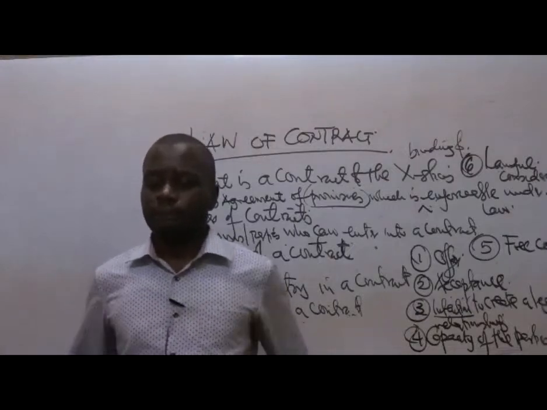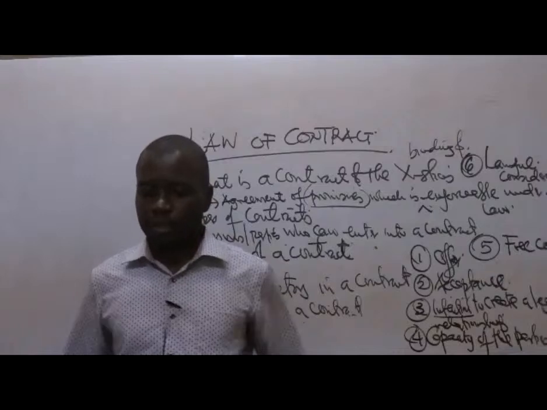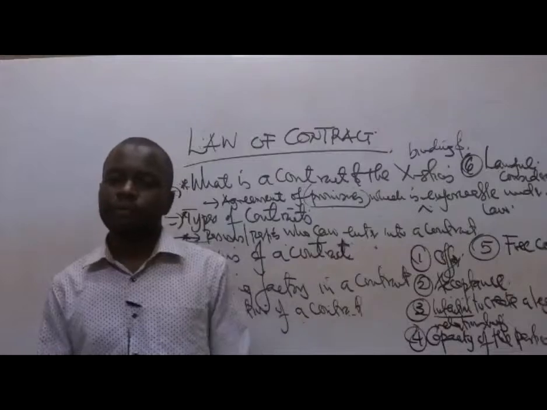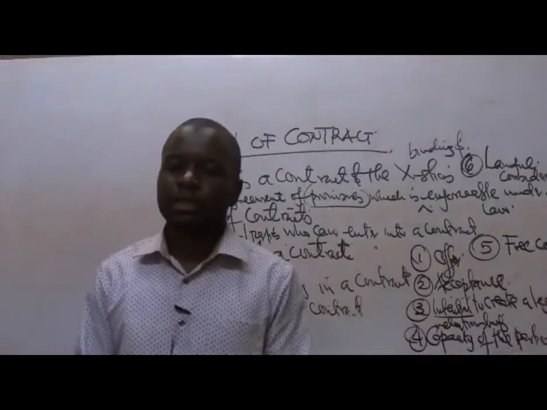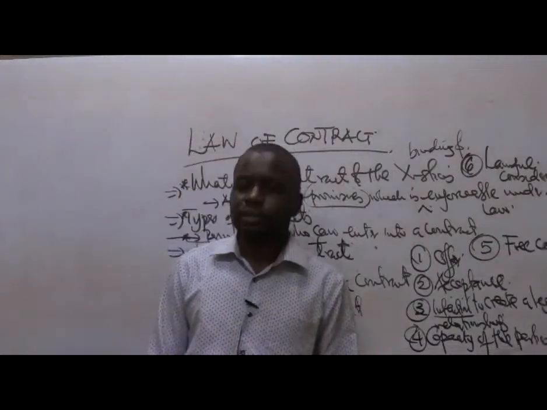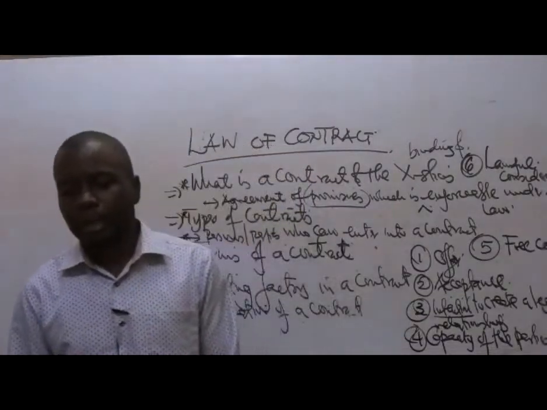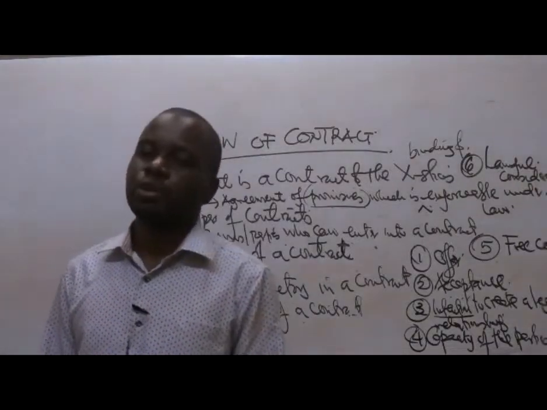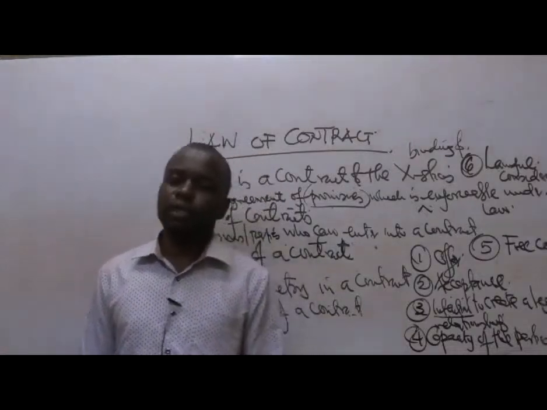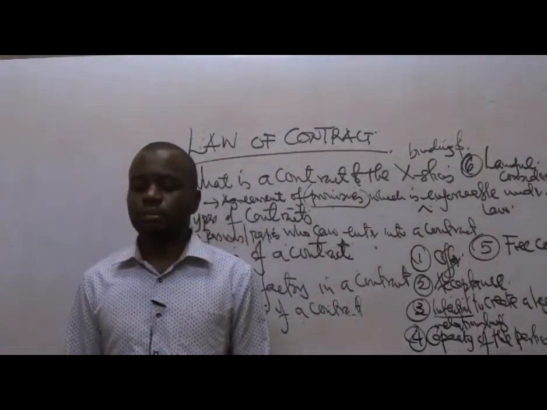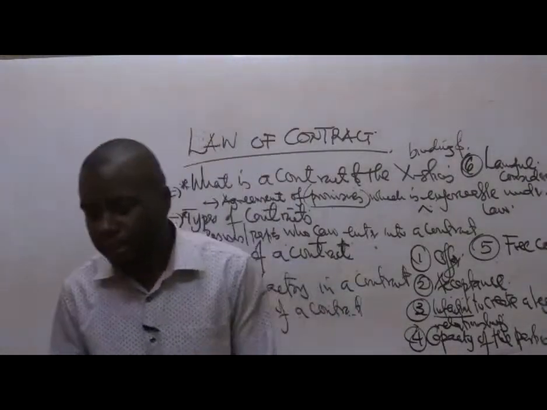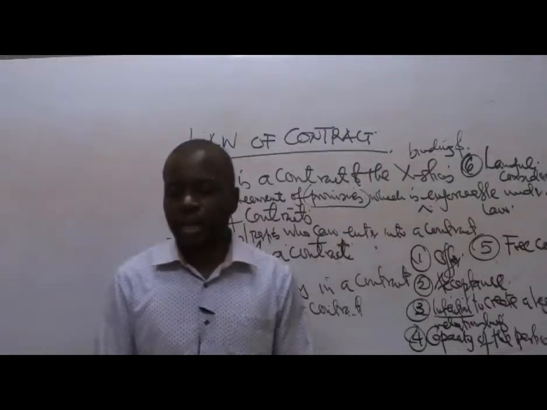There are usually two very important occasions or circumstances. One of the major ones is, for example, if that minor, a person who has not attained the age of 18 years, is acquiring what we call necessaries. That is an exception whereby a person who has not attained the age of 18 years can enter into a contract. When you talk about necessaries, these are basically basic needs. You learned about it in business studies. What are the basic needs? You have food, shelter, and clothing.